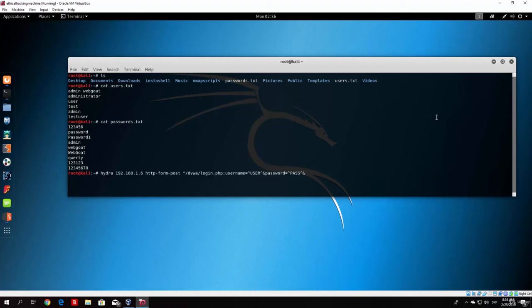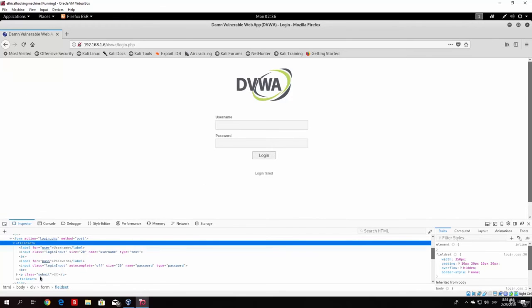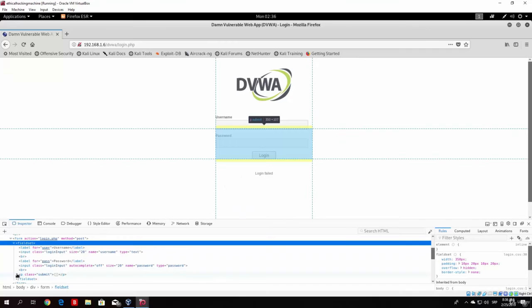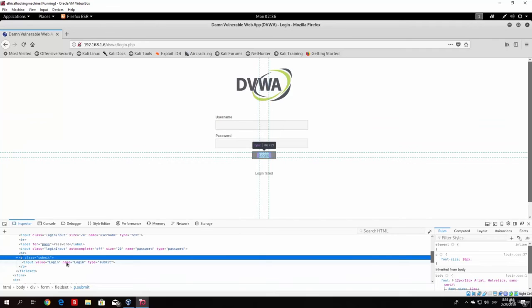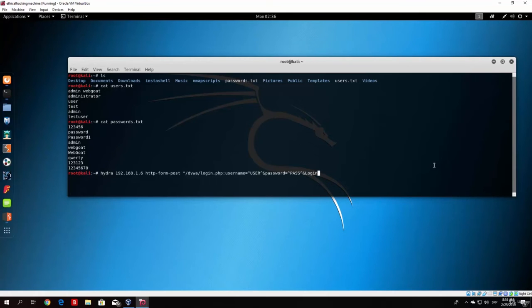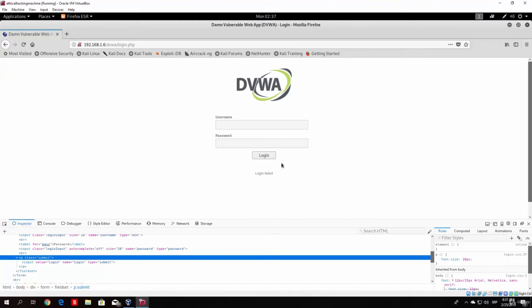And then we want to specify the login button, which is called login, as we can see right here. As we can see the submit, we should type login equals submit, since the name of the button itself is login and the action is submit. Then we specify another colon, which divides these sections, and we specify the string that we get once we provide a wrong username and password, which is login failed. So let's copy this,